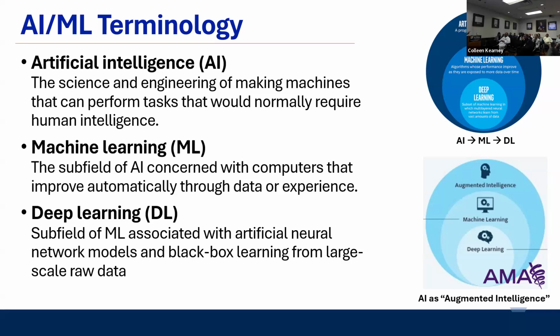Large language models are a form of deep learning. Facial recognition systems on your phone or anywhere else, I mean, that's deep learning. And pretty much everything that you use these days is deep learning. And deep learning is notoriously a class of models that are black boxes, essentially. So they're not very interpretable or explainable. You don't know how they're working. They work well, but you don't know how they're working. And I get into that distinction a couple slides later.